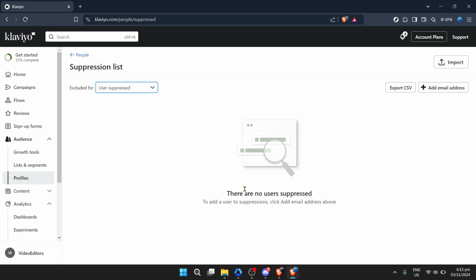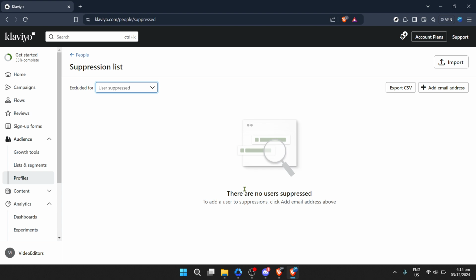Remember, responsibly managing your email list is key to maintaining healthy sender reputation and ensuring your emails reach your intended audience. Regularly reviewing your suppressed profiles and making necessary adjustments is a good practice. However, be cautious. Deleting profiles should be done thoughtfully and in compliance with any regulations relevant to your audience. It's also worth noting that while this process helps keep your email list clean and compliant, it's just one part of managing your email marketing strategy effectively. Regularly engage with your list through well-crafted, valuable content and stay up to date with email marketing best practices to